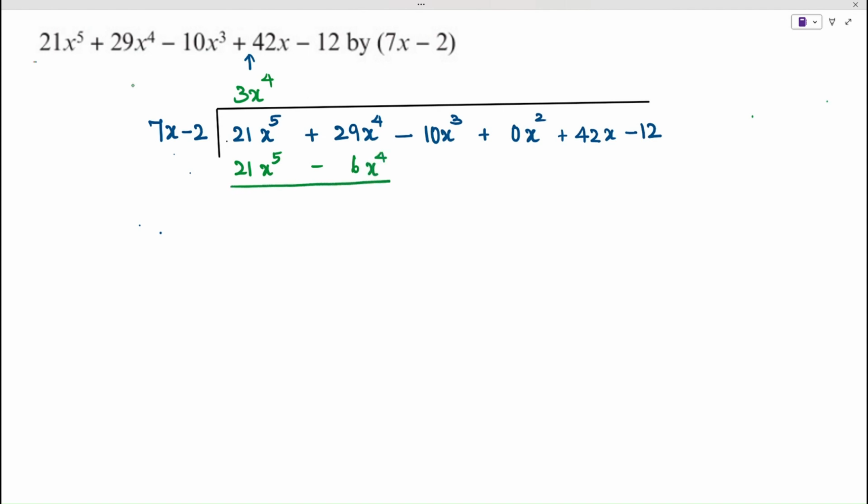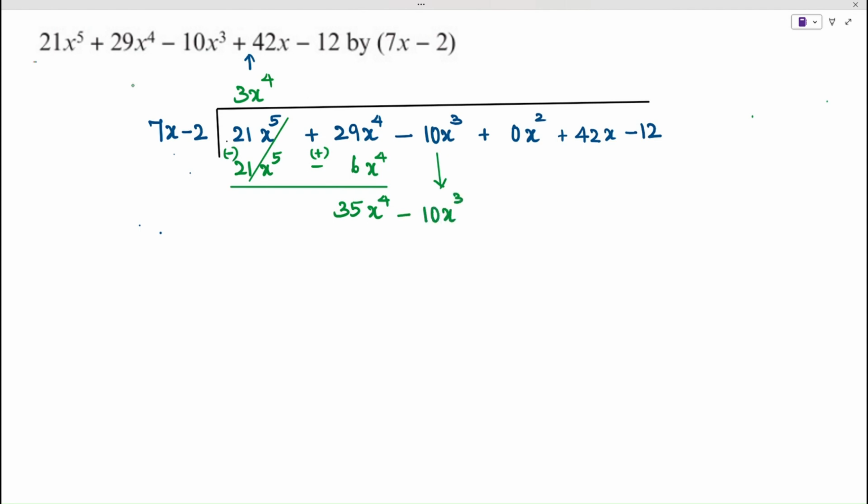Now we're going to subtract our second equation here, and we get, so our 21x to the 5 cancel out, and we're left with 29x to the 4 plus 6x to the 4, which gives us 35x to the 4, and then we bring down our next term, so we get 35x to the 4 minus